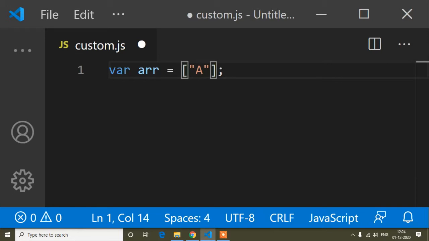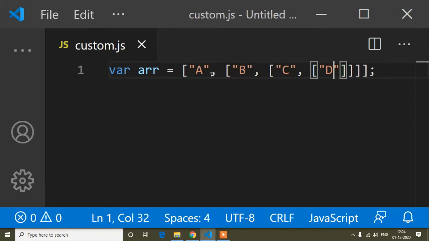That means here I have an array and the value is a, but here I have a sub array like this, b, and inside this sub array suppose I have c, and again inside this sub array I have another sub array and the value is d. So here you can see there are three sub arrays.